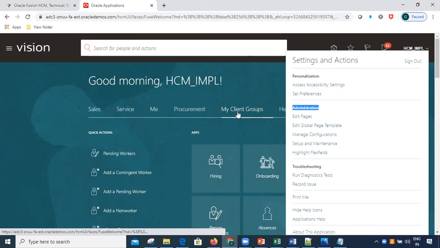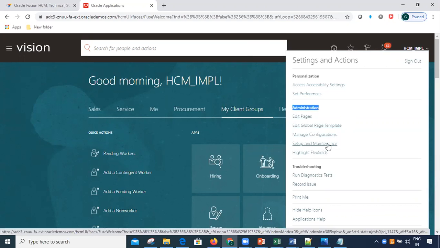Here Oracle has given My Client Groups. I don't want that name. I want to change that seeded name to some other people group or something, my name, or Tata HR group. I want to rename. So in order to do those customizations, we are having a concept called sandbox in the system. So these two tasks will be worked in that concept of the sandbox.